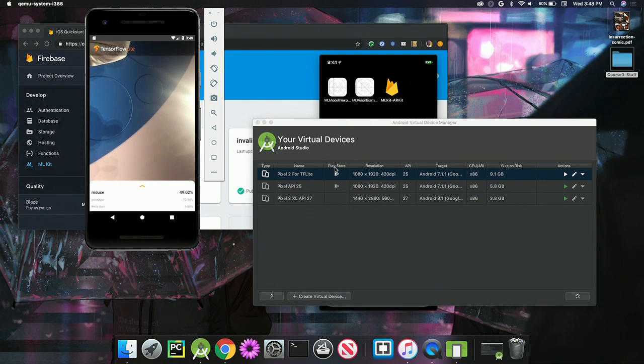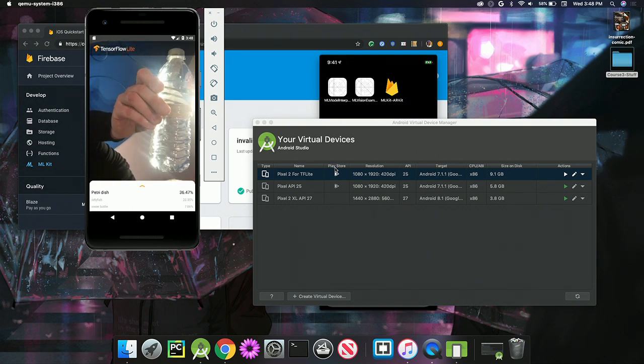MobileNet, as I mentioned earlier on, is built to work with 1,000 different classes. So what it's doing frame by frame is taking the frame from the webcam, compressing it to the size of the image that MobileNet wants to use, passing it to TensorFlow Lite, getting back 1,000 classifications, picking the top 3 and then rendering those on the screen. So for example, if I hold up a water bottle, we can see it did say water bottle.